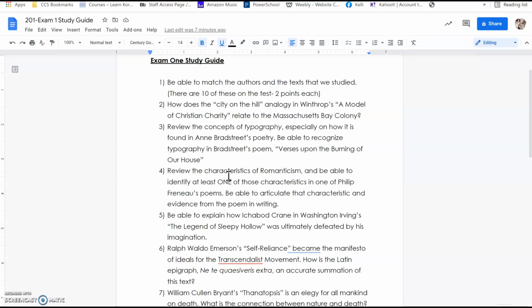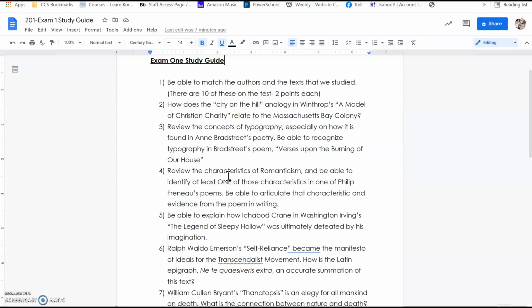The religion of nature was that other one that you could use to find that example. So be able to identify one of the characteristics of romanticism in one of Philip Freneau's poems. You can make your choice, and you need to be able to articulate that characteristic and evidence from the poem